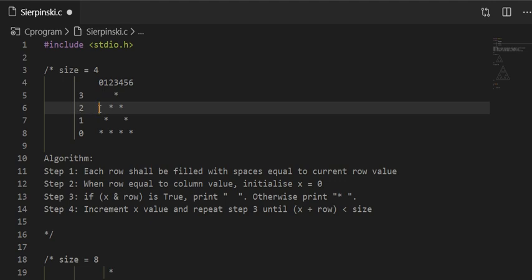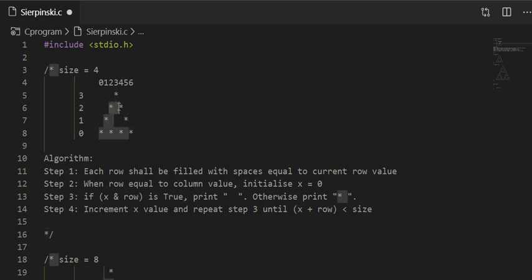Next row is 2. So as per step 1, fill with 2 spaces, and when row equal to column, that is value is 2, initialize x equal to 0. Now x and with the row, that is 2, is 0.